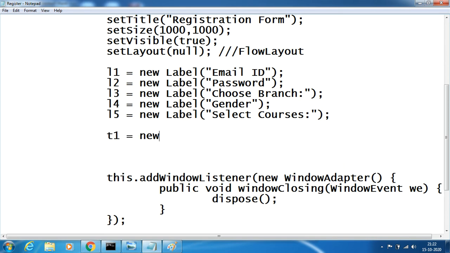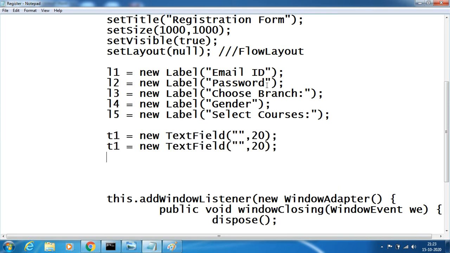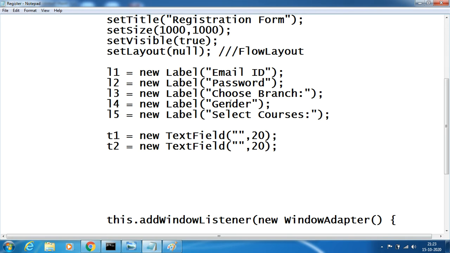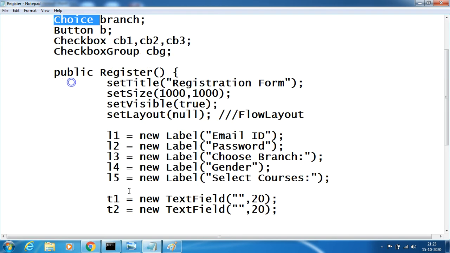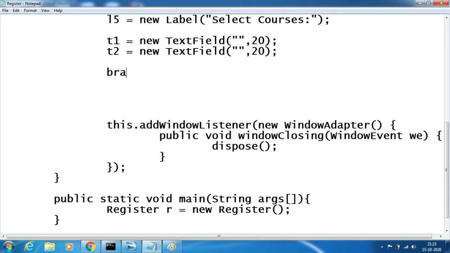Once it is done, the first thing is we need to create the text field. So T1 equals new TextField of text field value and text field size. In the same manner, copy and paste for text field T2. And apart from this, we have something called choice. So here branch equals new Choice.